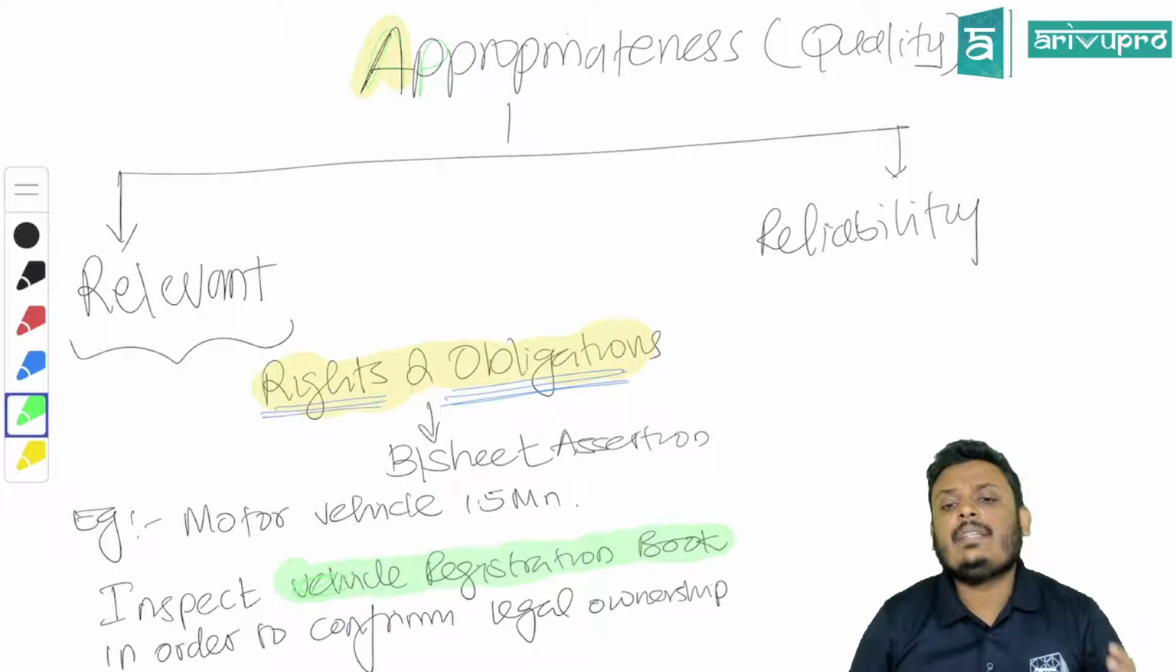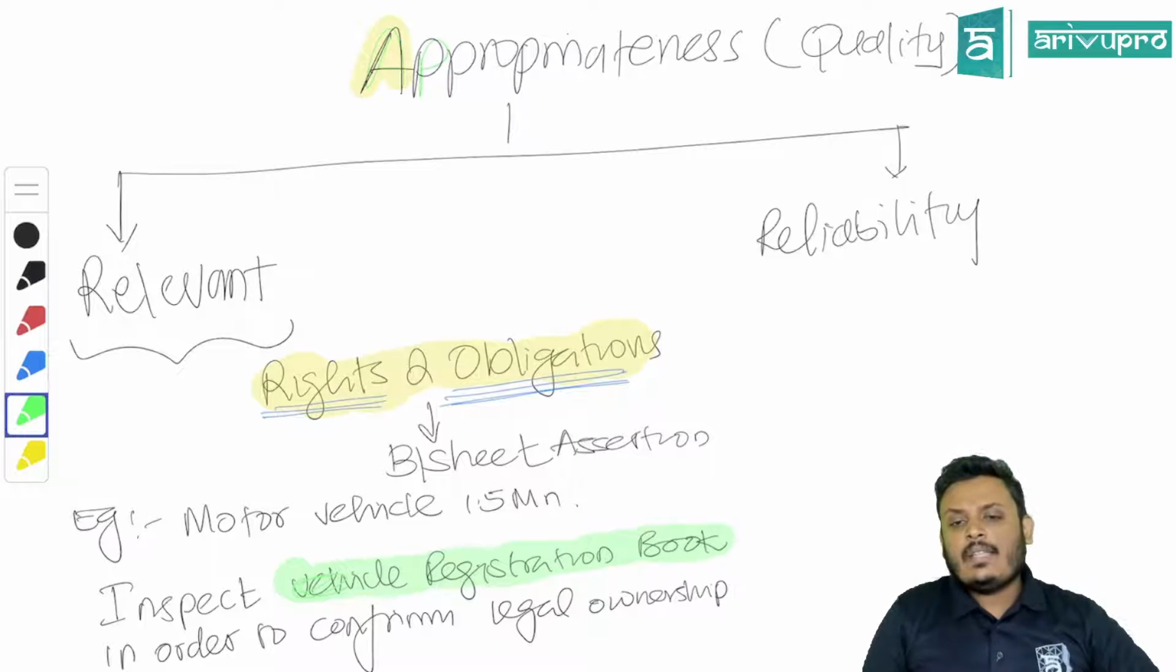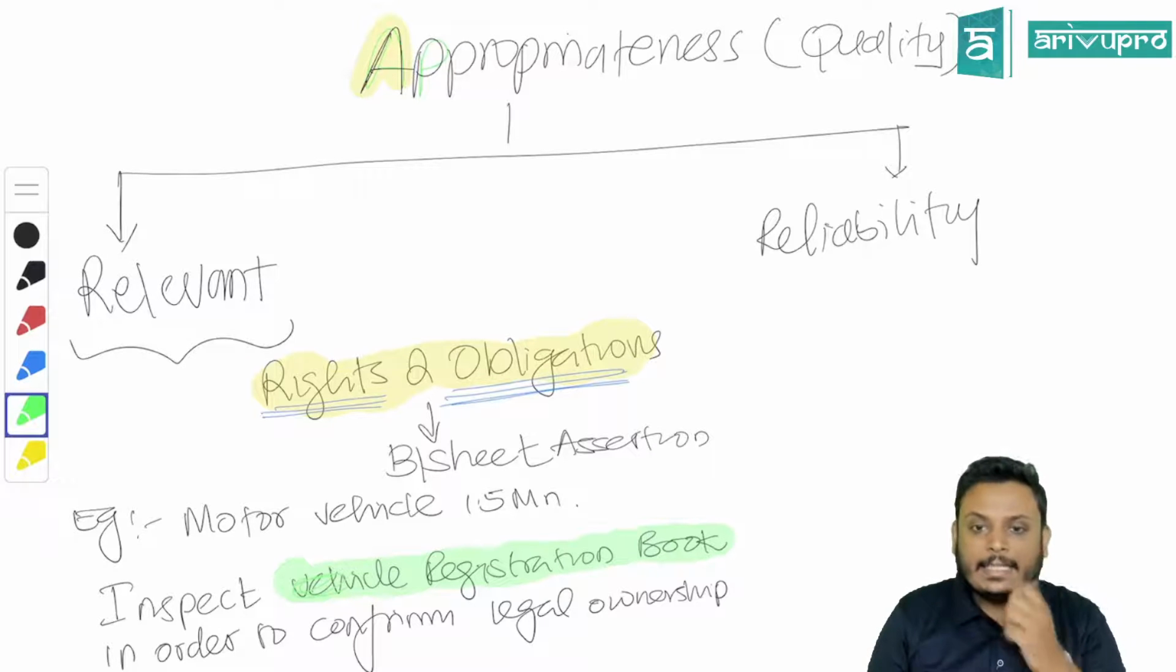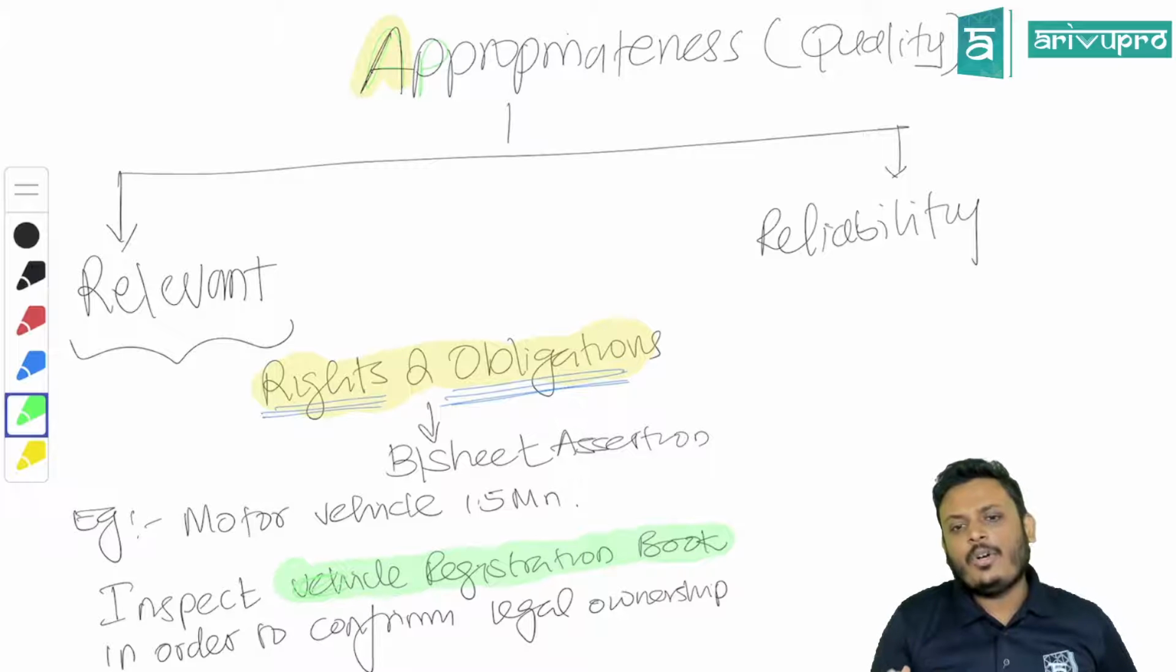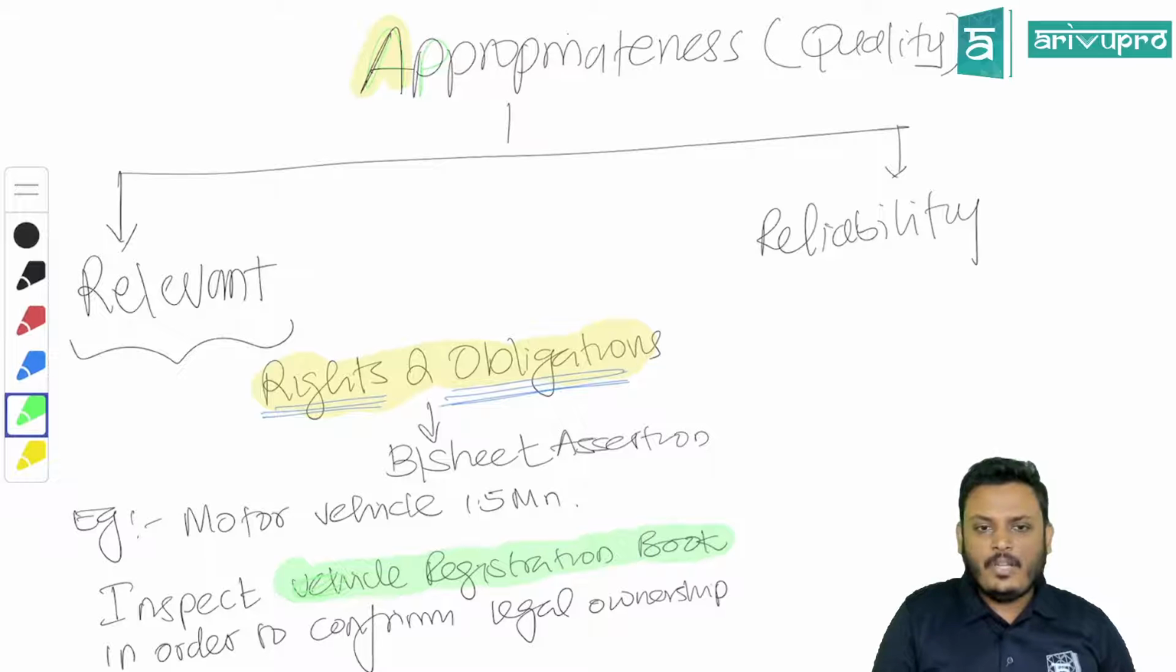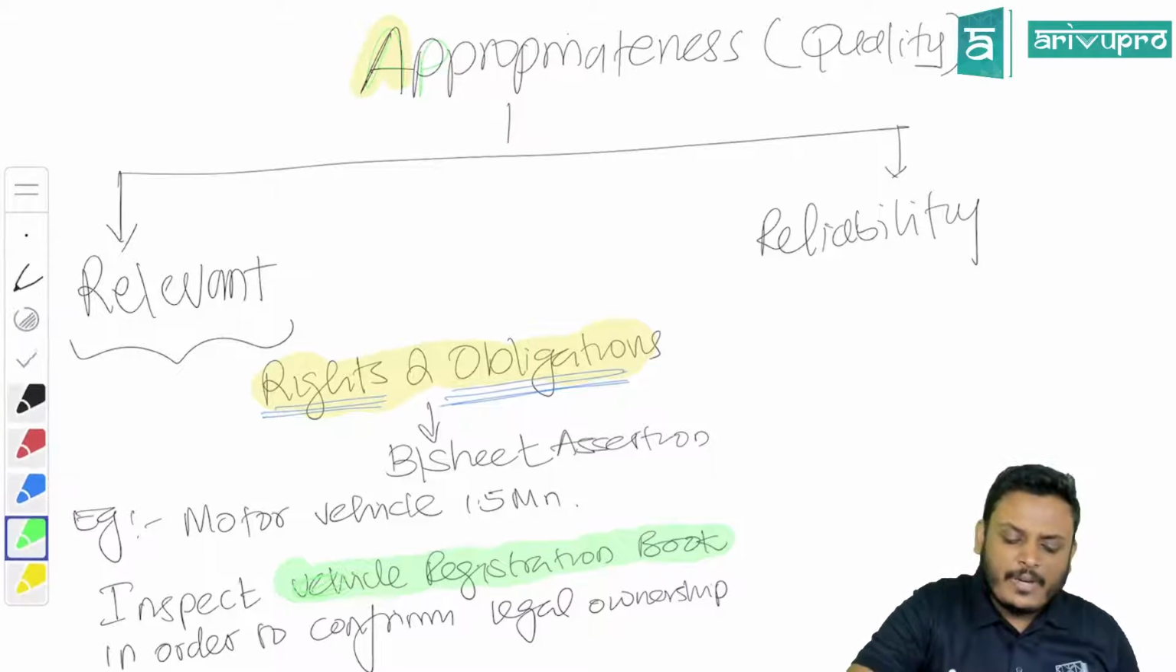So the vehicle registration book is an evidence, and that evidence is logically connected with the assertion. If you take the vehicle registration book, yes, you can confirm rights and obligations, the legal ownership. Instead of the vehicle registration book, if I said something like this,